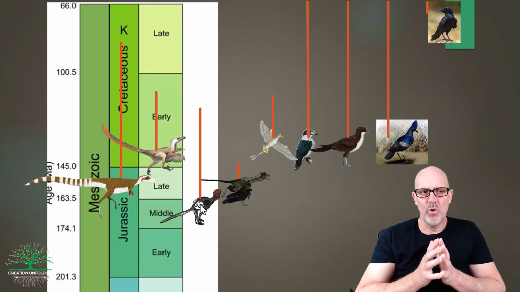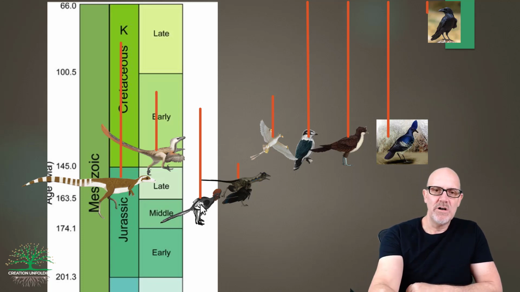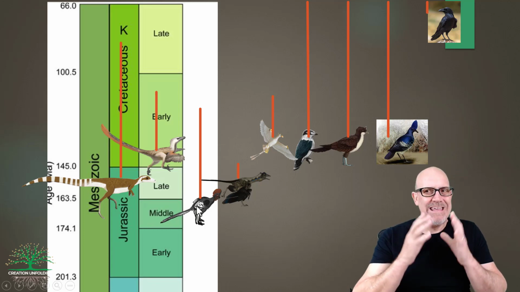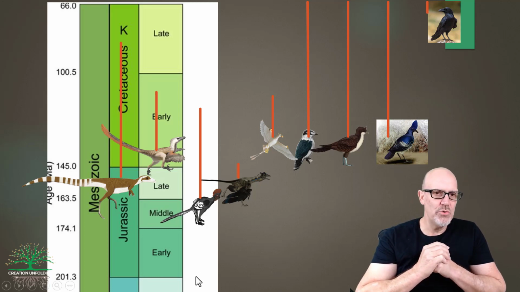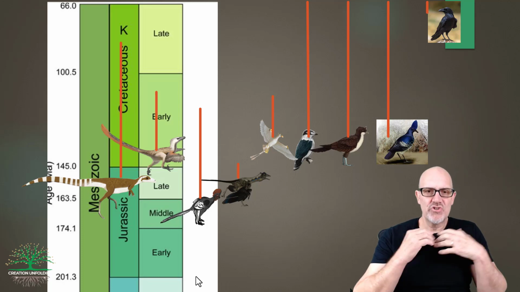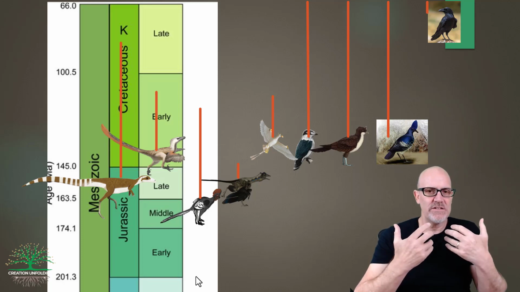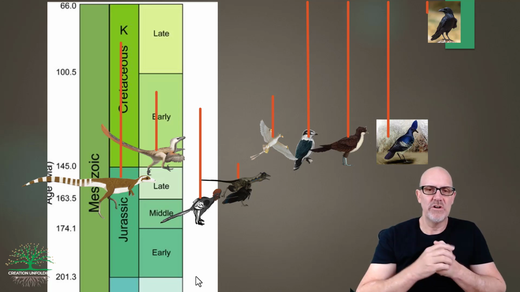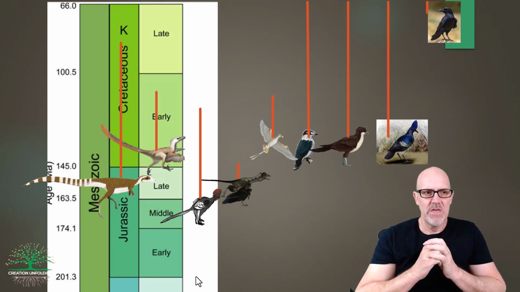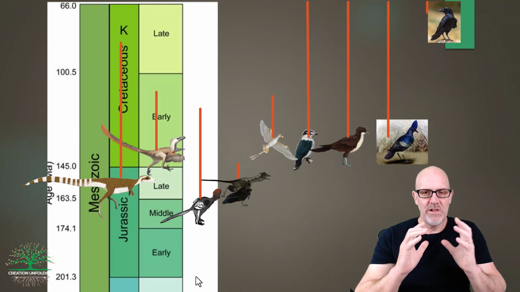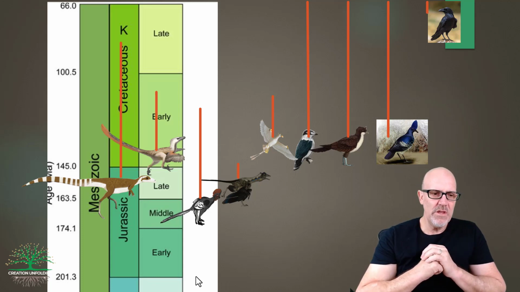In fact, this was the point that I brought up in part 1, because this is supposedly a fully flying theropod dinosaur, and yet we don't find a single feather in the fossil record before that point. You would expect to find the transitions for feathered flight. Flight from feathers should be there in the fossil record, but it's not. It just appears straight up in the fossil record without any precursors, at least from a feathered, powered flight perspective. And that's really, really important from a creationist perspective.